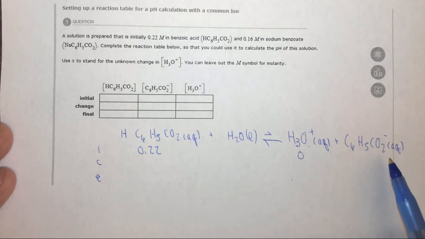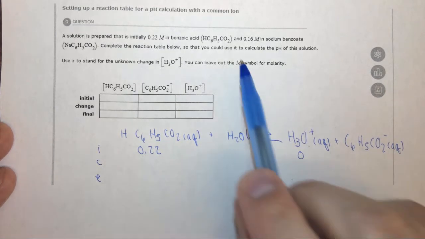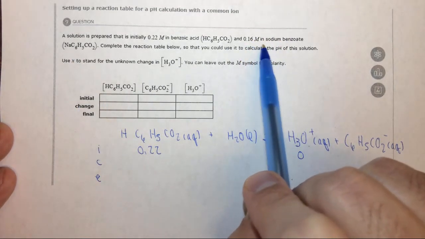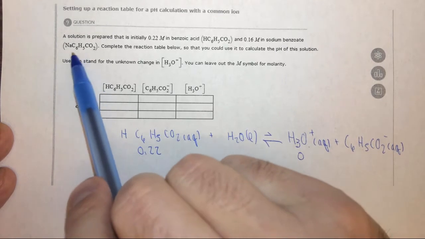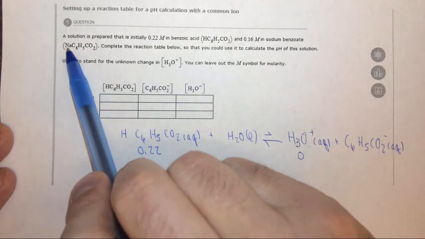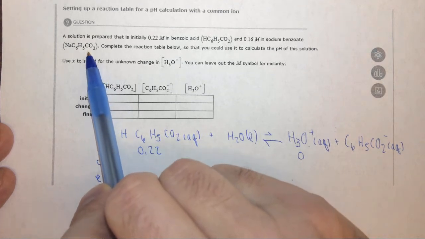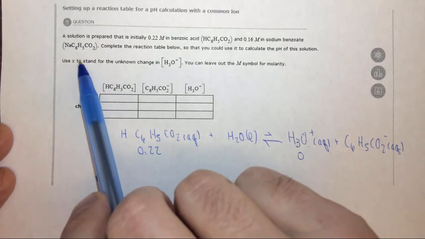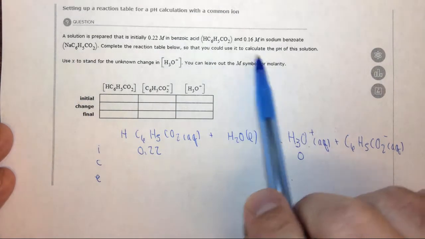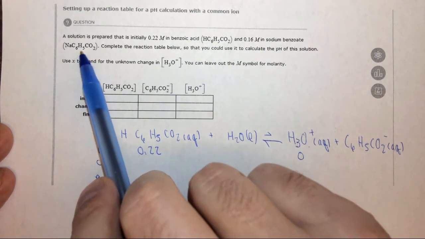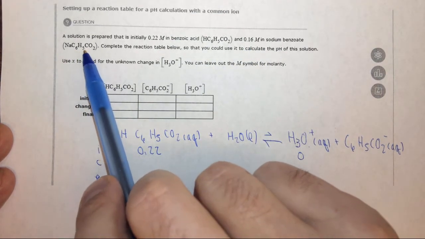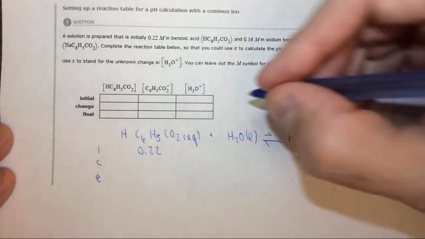In previous examples with strong acids, this was 0. But here, we added 0.16 molar sodium benzoate. When you dissolve sodium benzoate in water, you get Na plus and C6H5CO2 minus. Said another way, this has a common ion effect. So this 0.16 molar is the concentration of C6H5CO2 because when you take